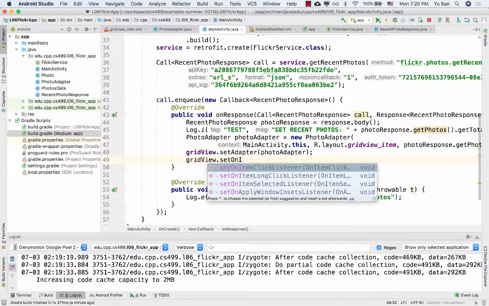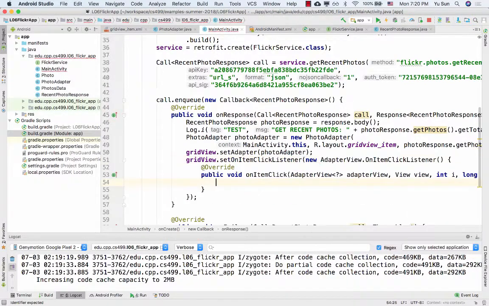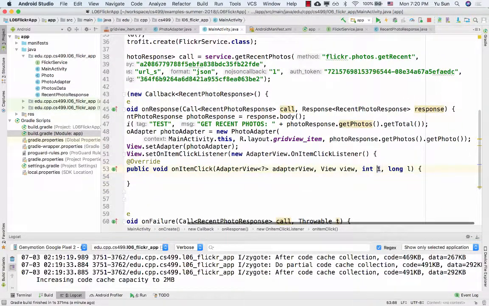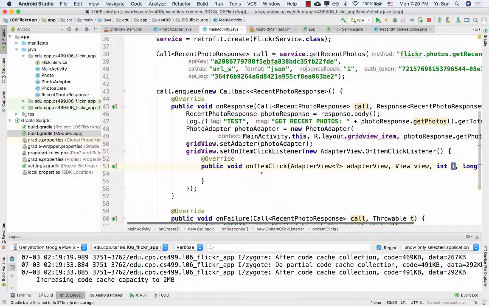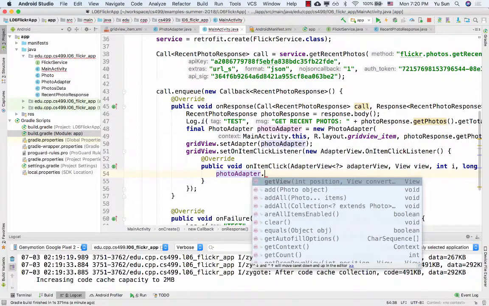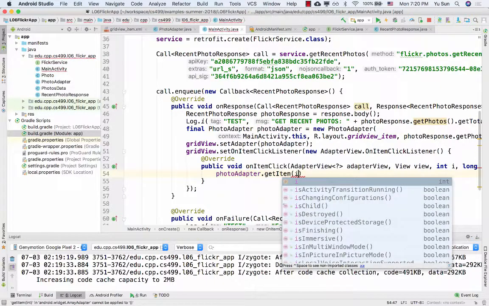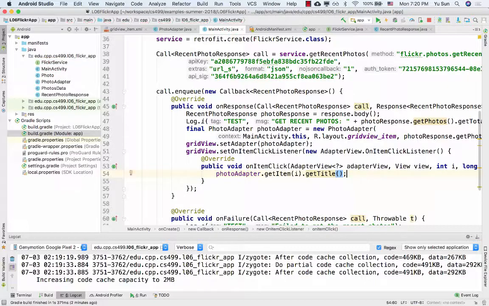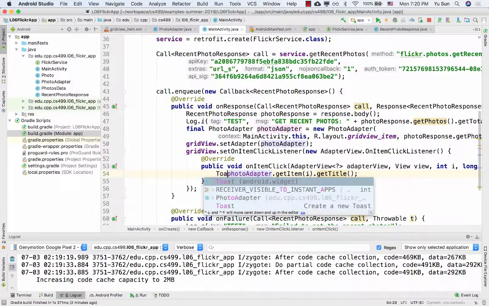So if you click on any of the items, you will know which item you clicked using this variable i. And if you know that, you can get the specific item from that position, and you can call get title. That's going to be the one you clicked on. So if we show this as a toast,